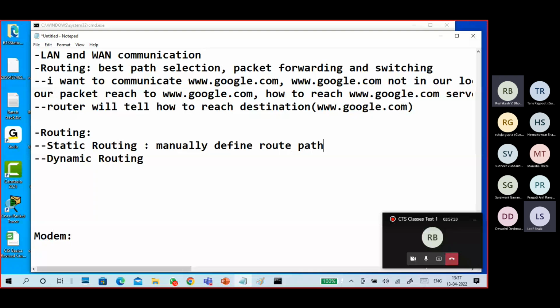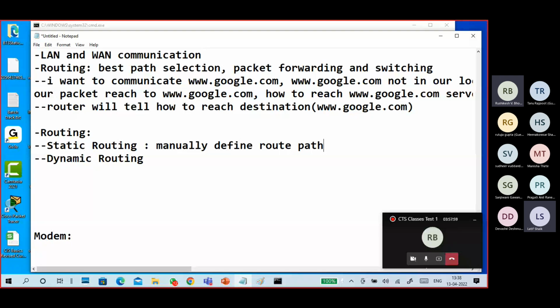Like how to reach the railway station, how to go to Mumbai, how to go to Delhi, how to go to Hyderabad. That is a route, right? Which route you go, by road or by airways, which path you select, take left, go straight. These are all routes.